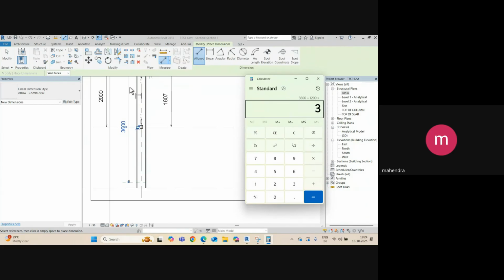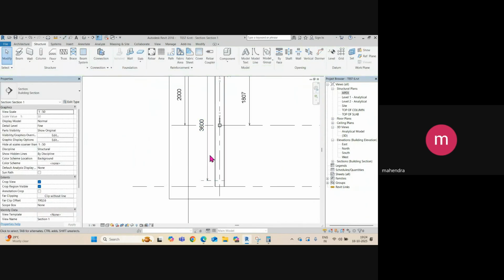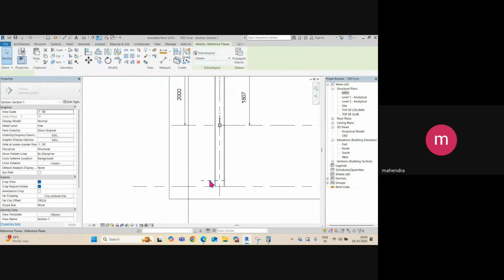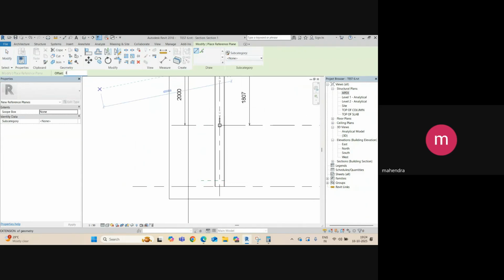What we need to do is add one more, a 4. So 3600 divided by 4, so 900 spacing, not exceeding 1.2. So 900 is okay. Then you have already added the reference plane. So copy this or say create similar. Then add here 900